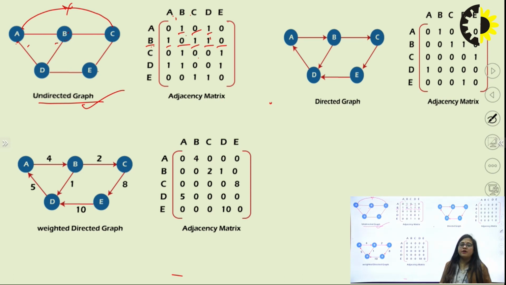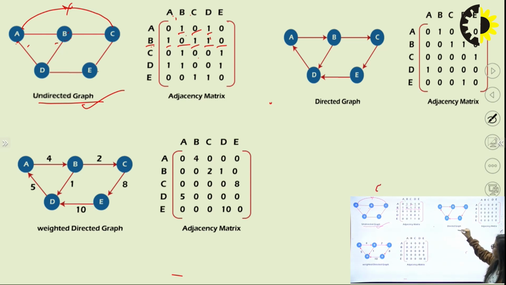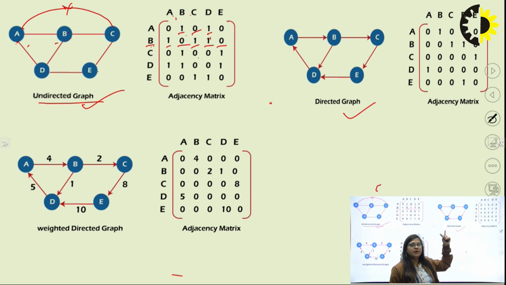In an undirected graph we can move in both directions, A to B and B to A, but when a directed graph is given, you check whether you can move or not according to the direction. Here it is a directed graph, where direction is given between the two nodes A and B. First check, you can move A to B, yes, but you cannot move B to A because the direction is only one side, A to B.